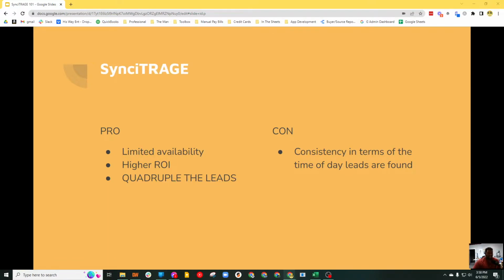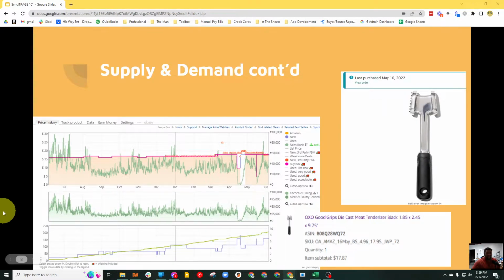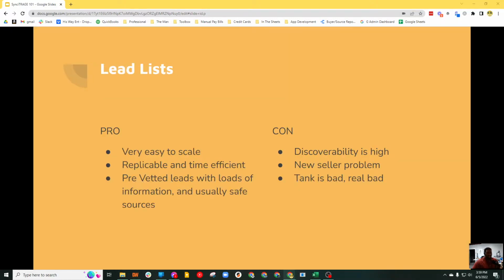All right, and another way you can source online is using this tool, SynciTRAGE. I like it because it has items that have limited availability, which seems contrary to what you would want in a lead, right? But it's not necessarily the case. You don't want that same lead available for everybody to see. Just think about that item that, if we can go back to it, let's see if I can find it. If you look at the keeper chart, this thing was only this price maybe an hour. And it just happened to be there when I was looking. And it's not that uncommon to find stuff like this on a daily basis. You just have to be looking for it. So let's go ahead and go back to where we were.